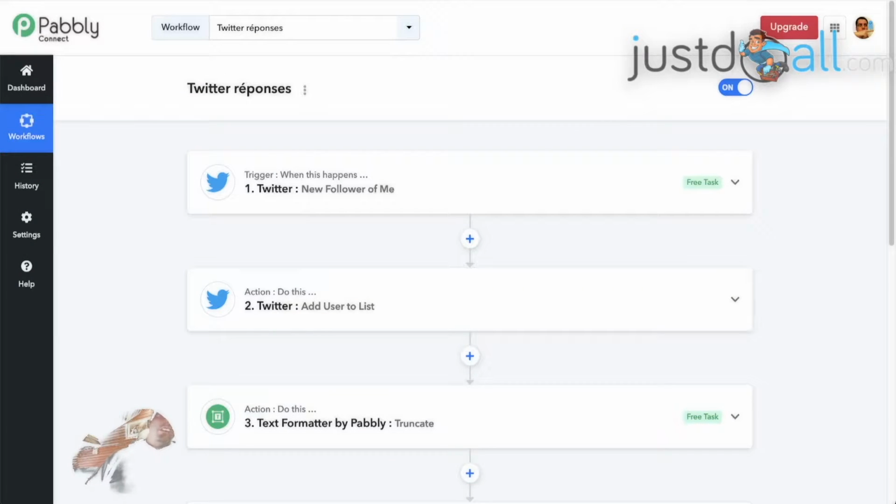Hello, in this video we are going to see how to use Pebble Connect in order to send a tweet, on Twitter of course, to someone who has just followed us. The person clicks follow on our account and then we will post a tweet mentioning this person and using this person's profile image in our tweet, and we will tag this person and ask maybe for a retweet